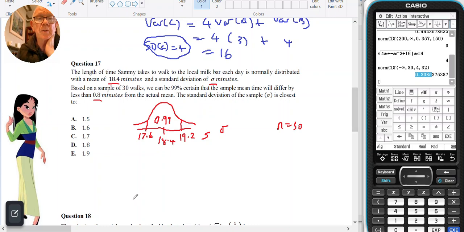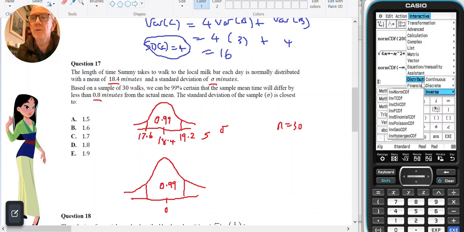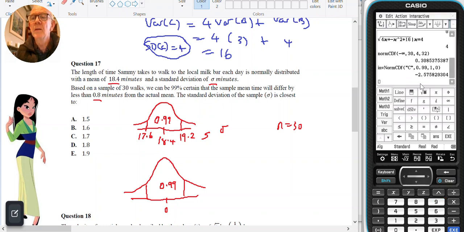So I'm going to need to use my z-score. If I do a z-score to get our centre 0.99, where the mean is 0 and the standard deviation is 1. So in interactive distribution inverse normal CDF, I want a centre at 0.99. That gives me that value. So that value there is 2.5758. So 2.5758 should equal